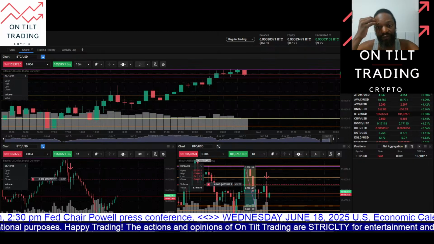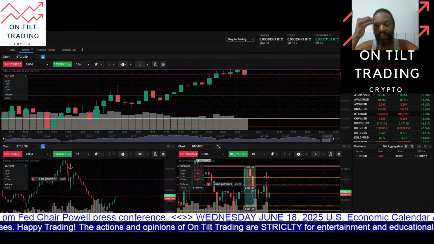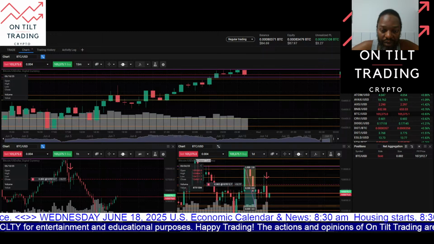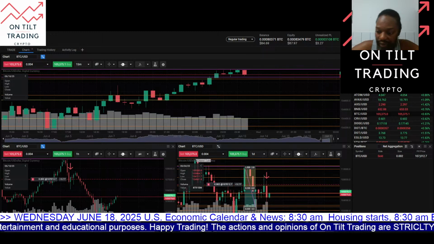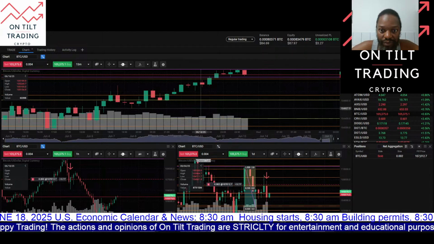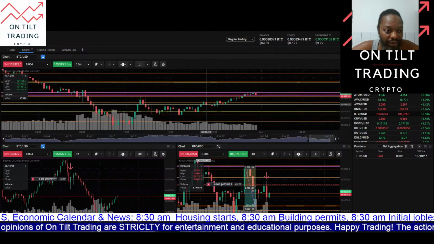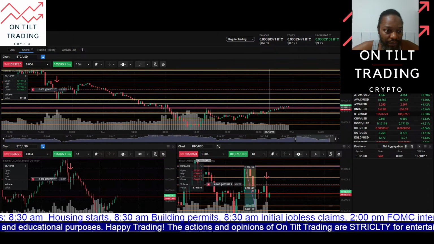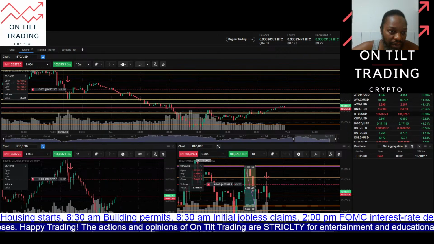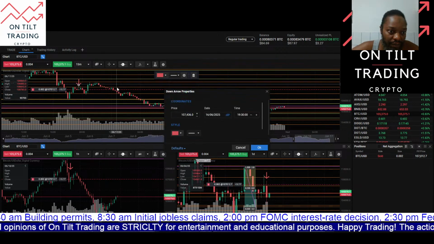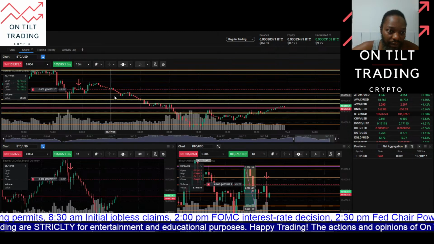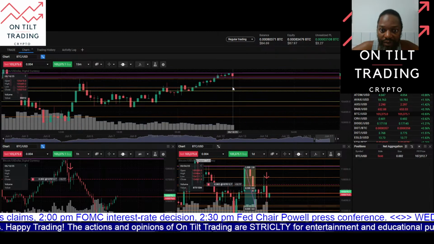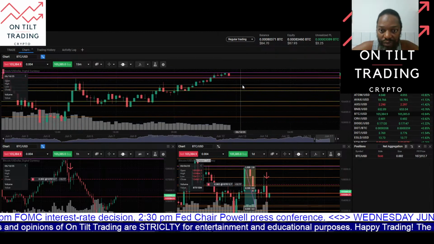I'm currently waiting for a market structure shift or break of structure to take a new position this morning. And I currently have a short position on, that is a short-term position that was started back here. Actually here. And now looking for either continuation of that short trade or possibly